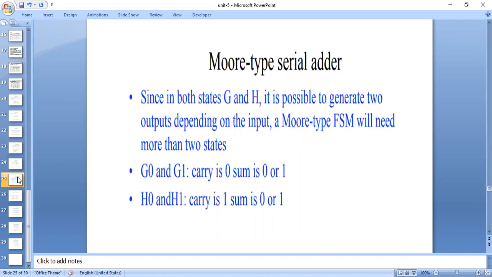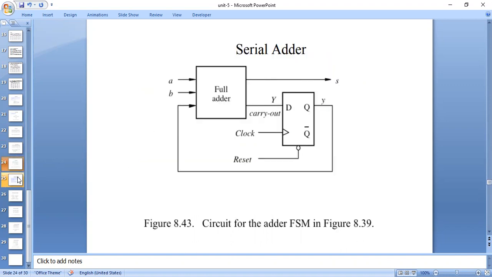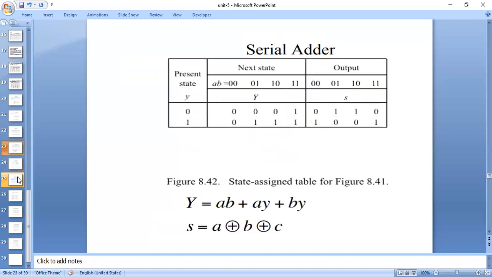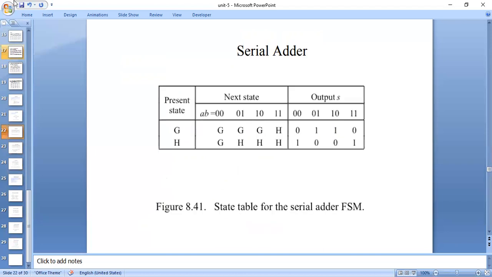And how can we draw the Moore type serial adder? In a previous class we discussed converting a Mealy machine into a Moore machine and a Moore machine to a Mealy machine. In the same way, here we know the Mealy type state table or state diagram for the serial adder, and from that state table you have to convert that Mealy type serial adder into Moore type. Okay, so how can we convert this? Simply from the state table. See here how we are converting. In Moore type we have 3 columns. What are those?